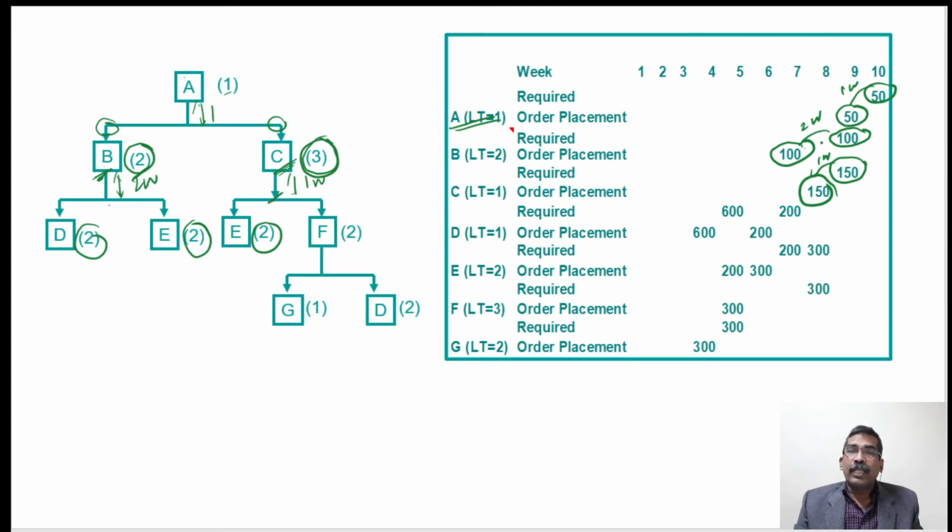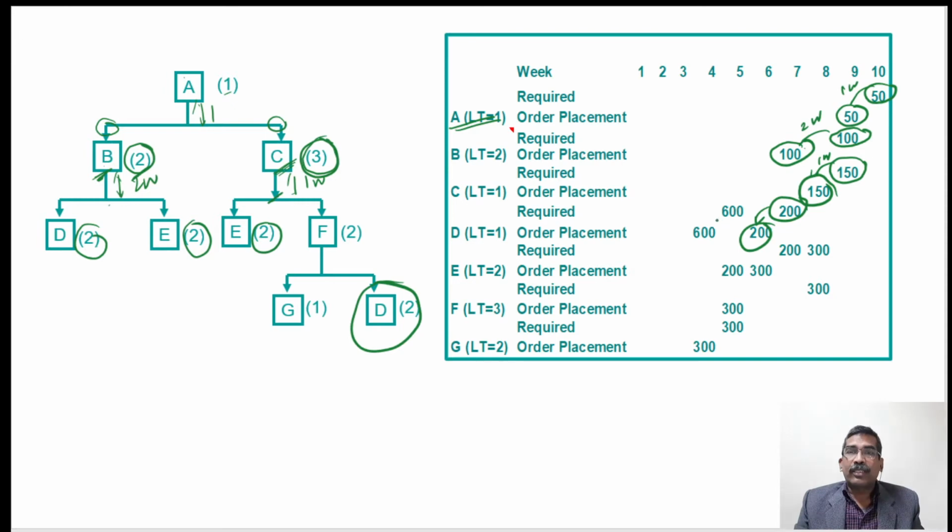So in this way we have to consider the lead time, and accordingly we have to place the order. Similarly, for D item, there will be a requirement of 2 components for one sub-assembly of B. So total 400, it will be required 200. So you can see this is 200. This is required for the sub-assembly B. But D is a common item, and this is also required for C.